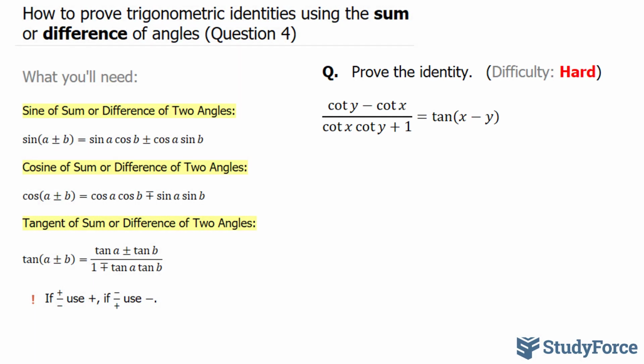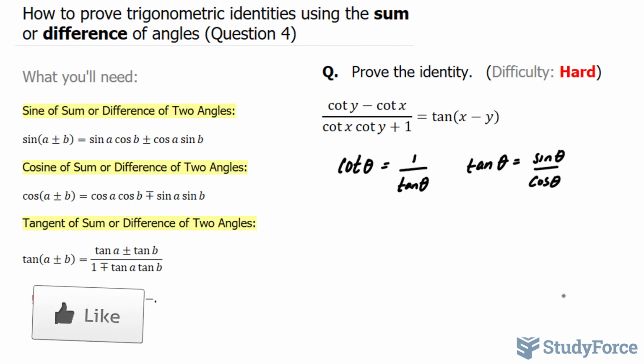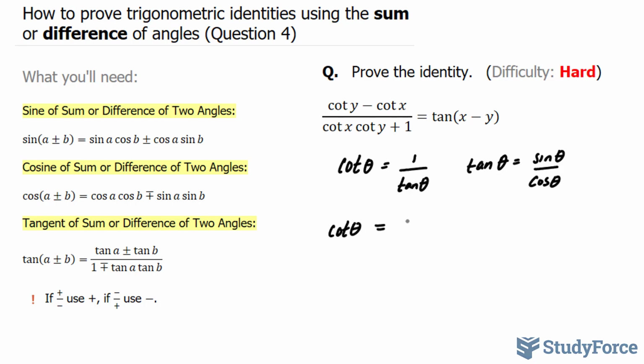The first thing that you might notice is that this identity consists of simply cotangent and tangent. And there's a relationship between the two. Cotangent is the reciprocal function for tangent. So cotangent, let's call it cotangent theta, is equal to 1 over tangent. And tangent is defined as sine theta over cosine theta. That being said, if we were to replace sine theta over cosine theta into here, what you would end up with is 1 over sine over cosine, which means that cotangent is defined as cosine theta over sine theta,